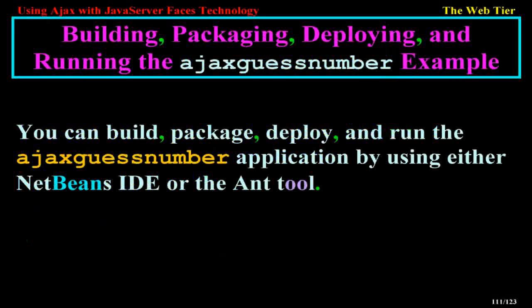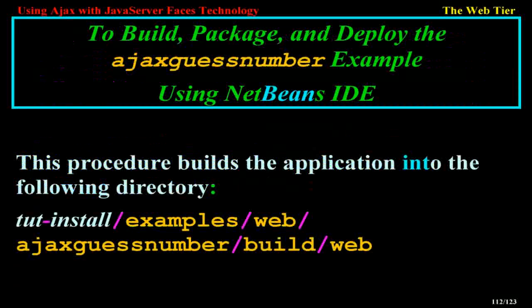Building, packaging, deploying, and running the ajaxguessnumber example. You can build, package, deploy, and run the ajaxguessnumber application by using either NetBeans IDE or the Ant tool. To build, package, and deploy the ajaxguessnumber example using NetBeans IDE: this procedure builds the application into the following directory: tut-install/examples/web/